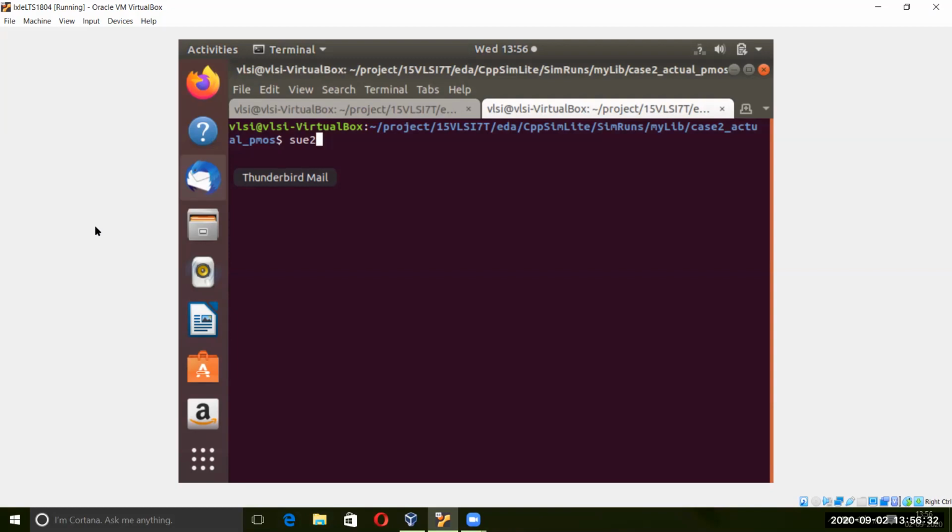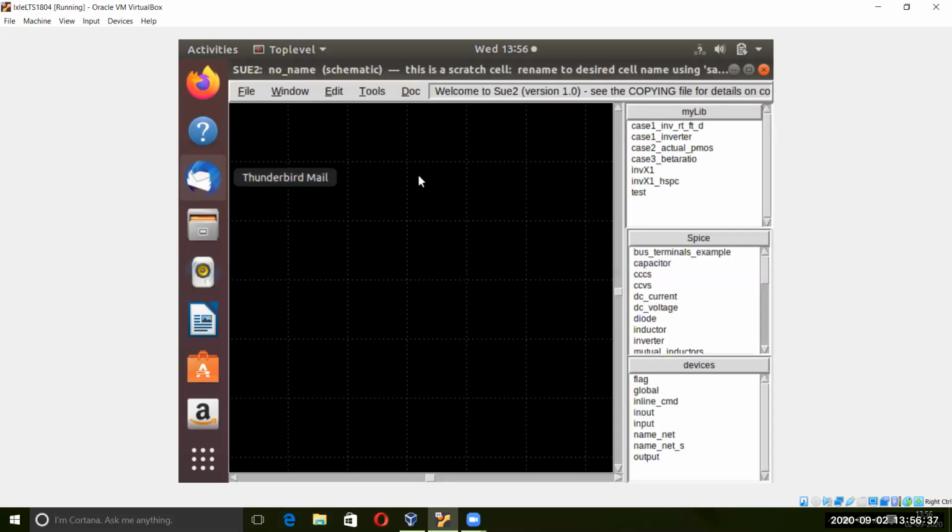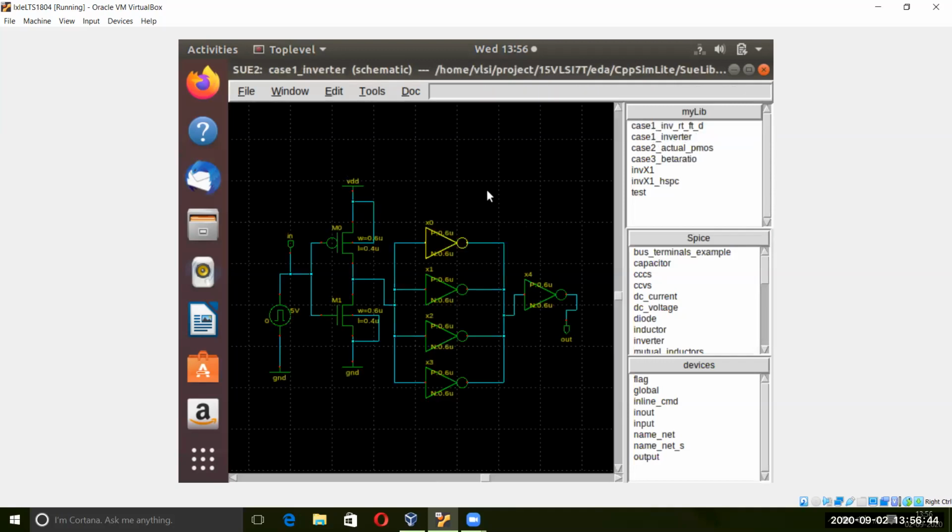So I'm opening the tool. The first case is keeping all the sizes the same. That is the circuit. Connect the PMOS, this STM PMOS port; drag and drop it there. Then the STM NMOS port, that one you have to connect.